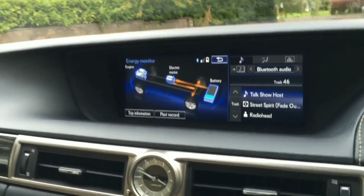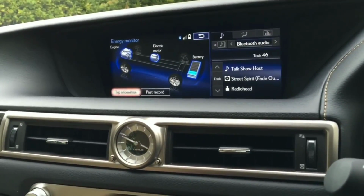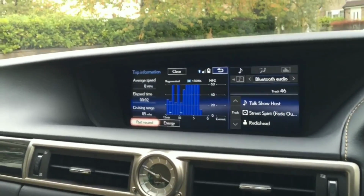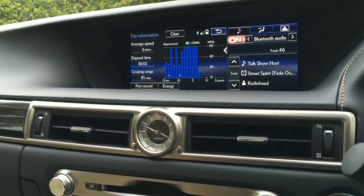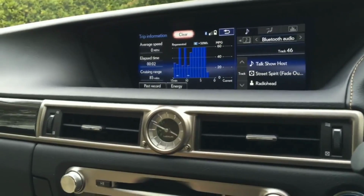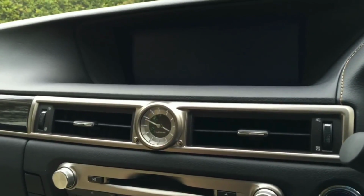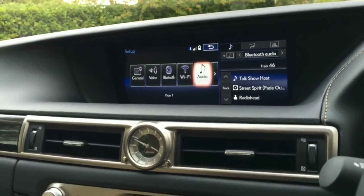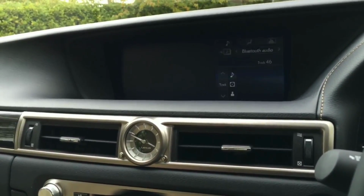And yeah, this is the monitor that, like I said before, shows you the display of the battery, the capacity of the battery, how much charge is left, and so on. Now, because it's not a plug-in hybrid, it's a hybrid that keeps recharging the batteries from the braking and from the petrol engine. You don't have to plug it in or anything like that, and the car is obviously eco-friendly, environment-friendly. However, do bear in mind that the GS series are more performance-orientated cars rather than economic like a Prius